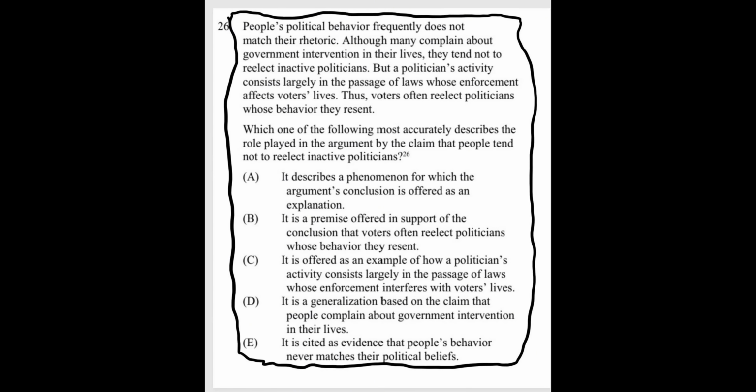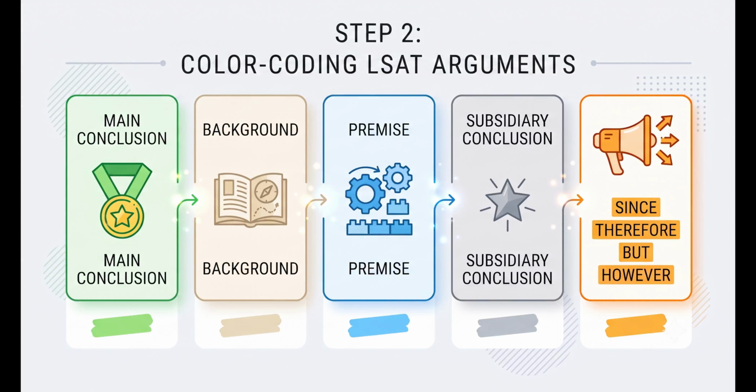Please pat yourself on the back as half of the battle has already been won. For ancient Chinese wisdom says, a good beginning is half the battle. Now, step 2 is to highlight the 4 parts of an LSAT argument in their respective colors. Start with identifying the main conclusion in green, followed by background in beige, premise in blue, and subsidiary conclusion in